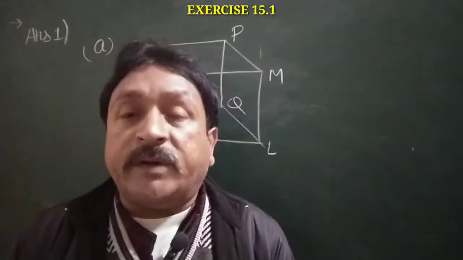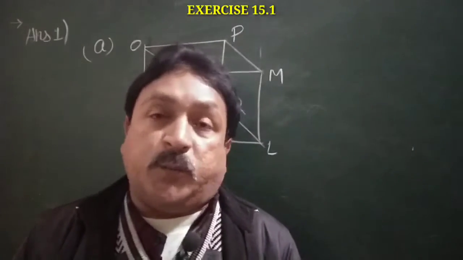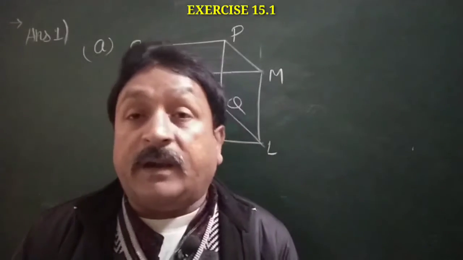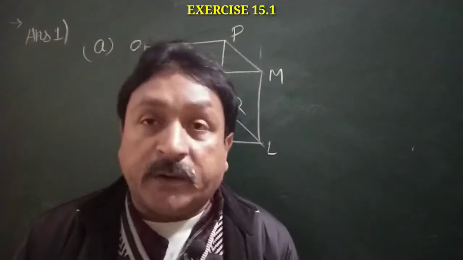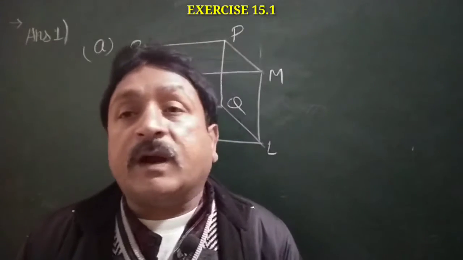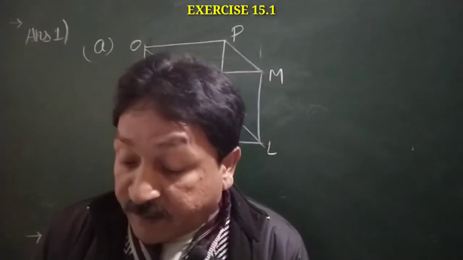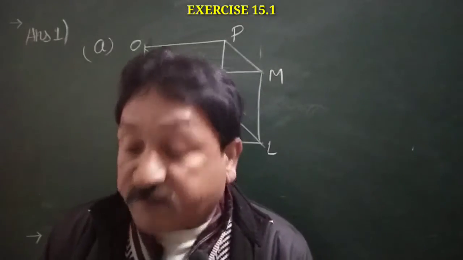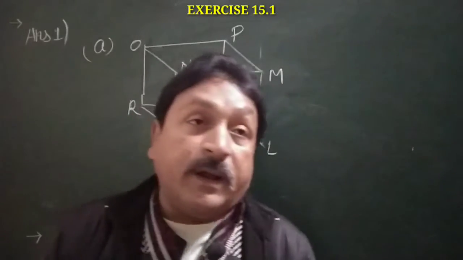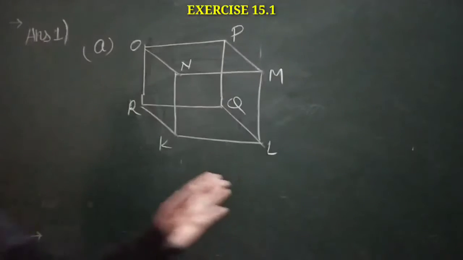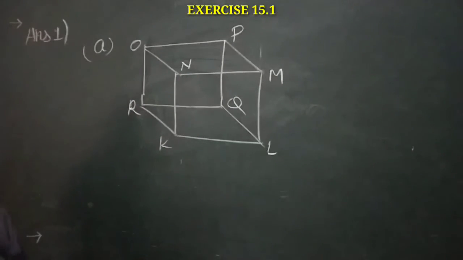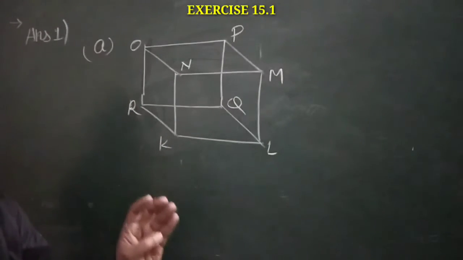Yesterday I had forwarded you two videos related to the surface area and volume of a cube and cuboid. And now we will start our exercise 15.1. In question number 1, just see, it is saying name the faces, edges and vertices of the following cube and cuboid. In the first figure, one cube is given to us and we have to tell the faces, edges and